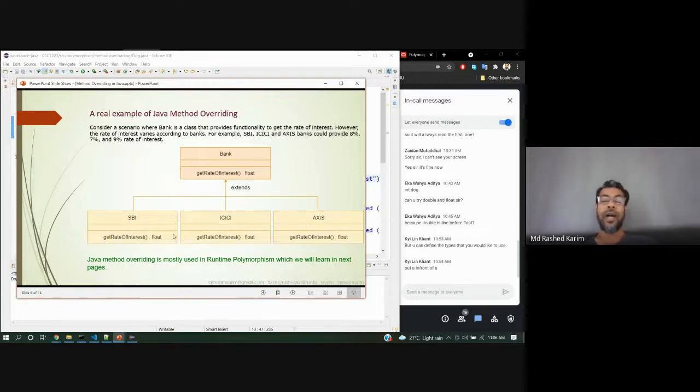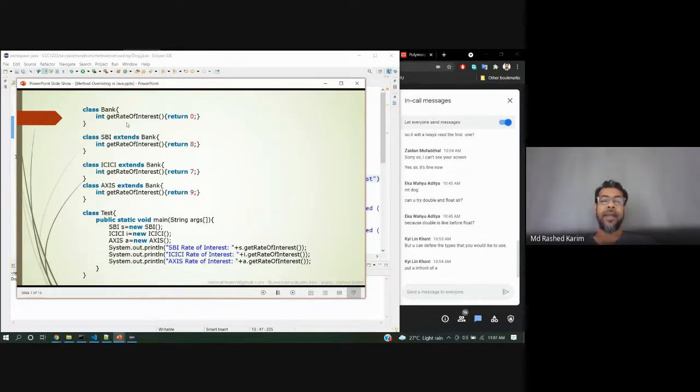That's why we redeclare the same method as the bank has; we need to rewrite our code because the values are different. You see the bank interest rate is 0.